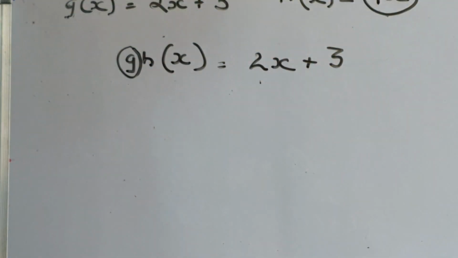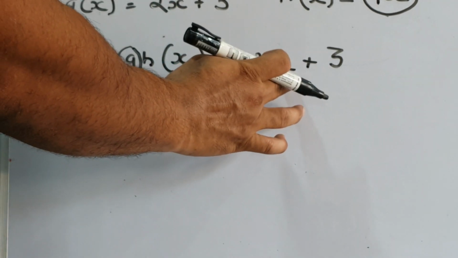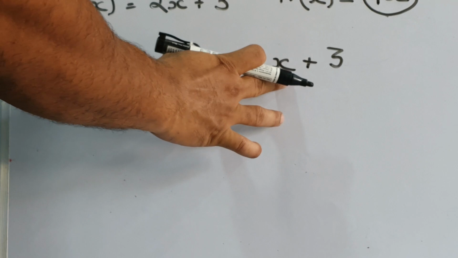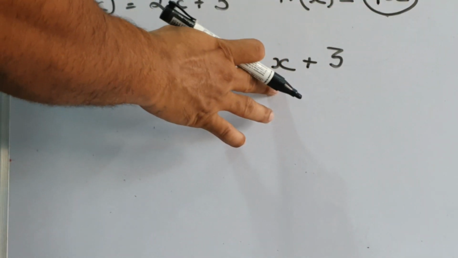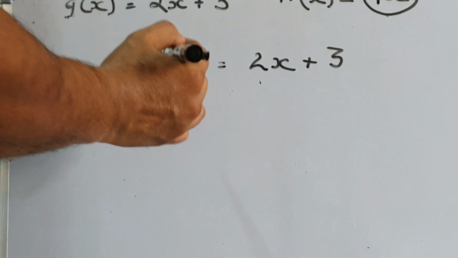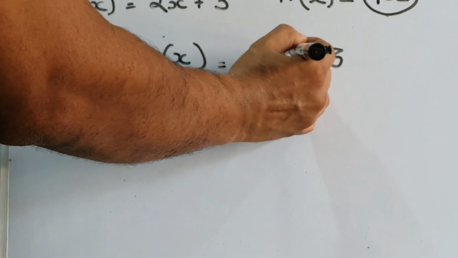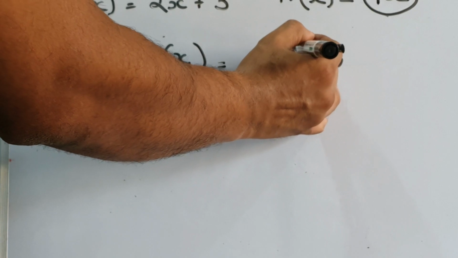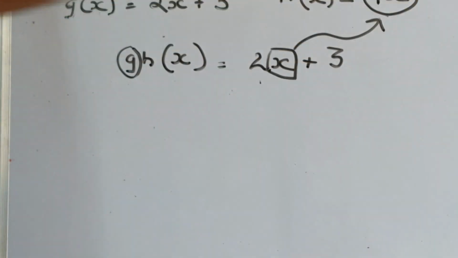This is where the main understanding is required. In g equation, I have to merge h. But where will I merge? Just check out in g equation, where is x? This x will be replaced by 4x. That is the meaning of